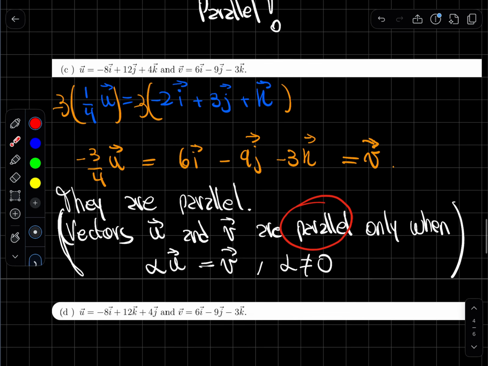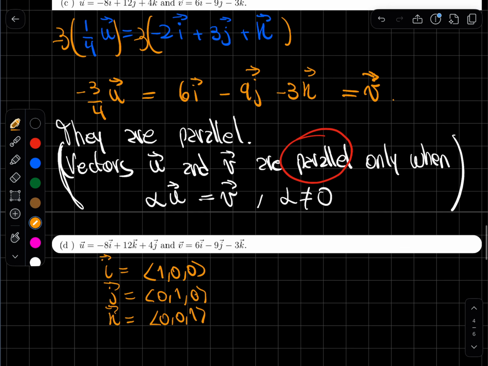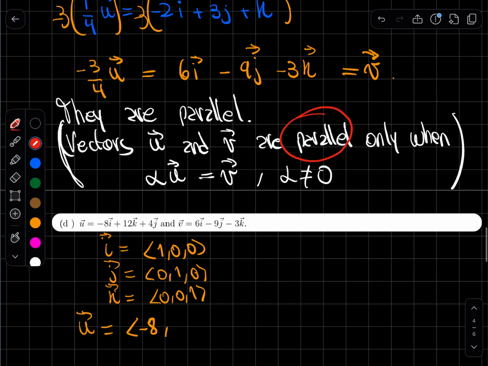And if you remember what i, j, and k are, i is 1, 0, 0. j is 0, 1, 0. Alphabetically, k is 0, 0, 1. Then u will be, just plug those vectors in. This will be negative 8 here, but not 12 now, 4 here, and then 12 third,